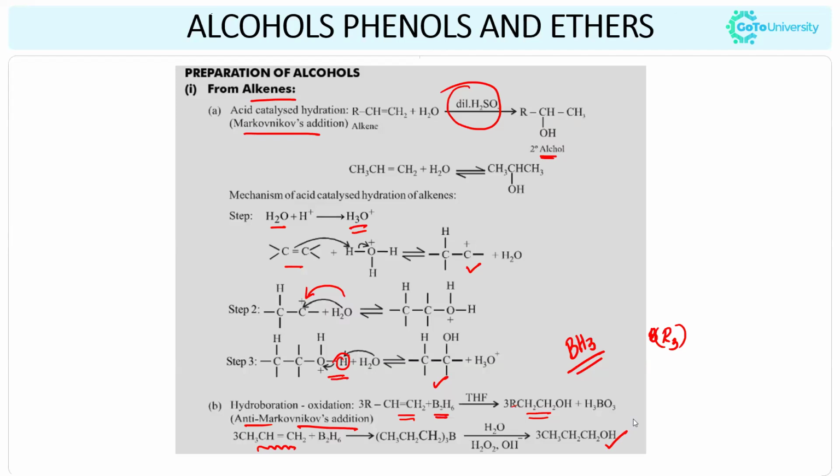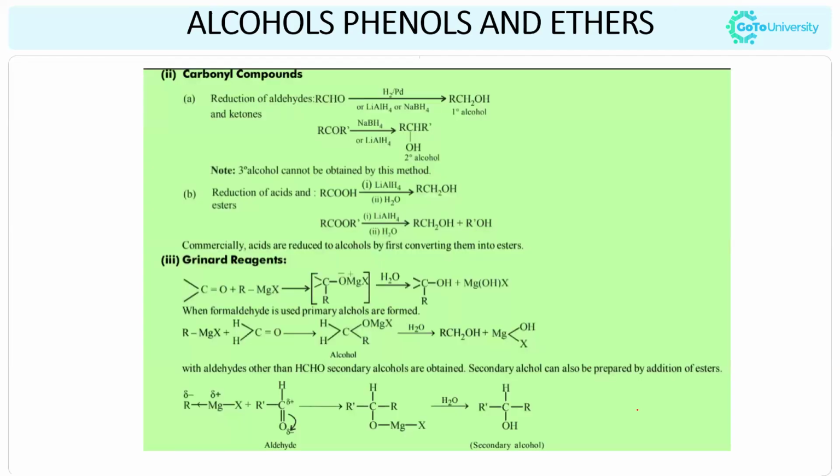Now the next one, from the carbonyl compounds. Carbonyl compounds, we all know, are the compounds containing the carbonyl group. They are usually aldehydes and ketones. So if you consider aldehydes and ketones for the preparation of primary alcohol, we can